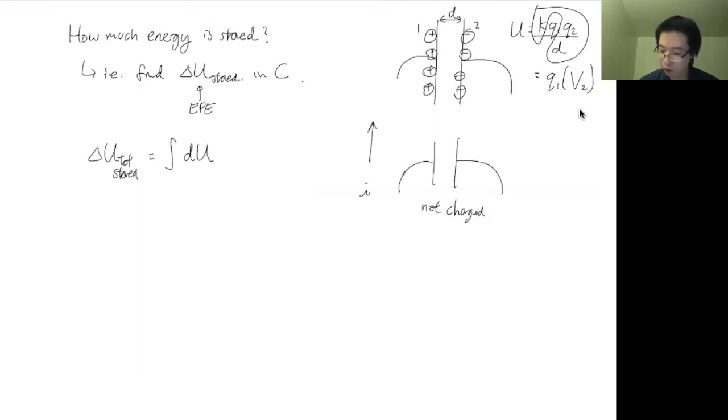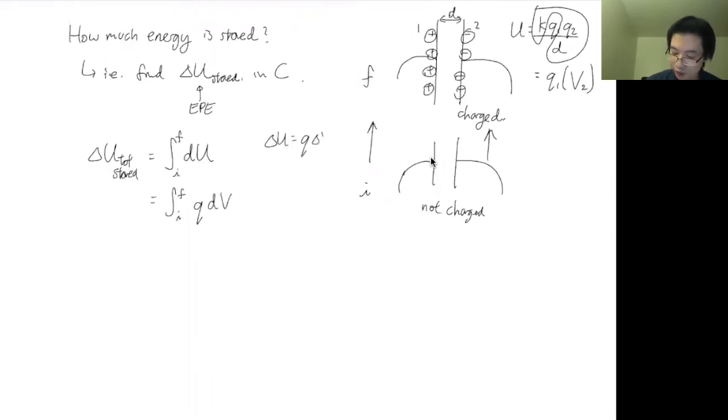Sorry, this is the wrong way around. It's going from bottom to top, but from not charged to charged, from initial to final, I'm building these up little by little. So I'm analyzing how much energy I need to build up each little charge. From initial to final, okay. And each time I bring up a charge, I need to overcome, remember delta U, that much potential difference. That's the amount of potential energy, EPE, required every time I bring up a small test charge across a certain potential difference. In test 3, you calculated moving between potential differences. This is how you find the energy that's required.